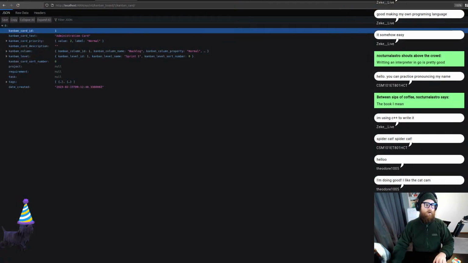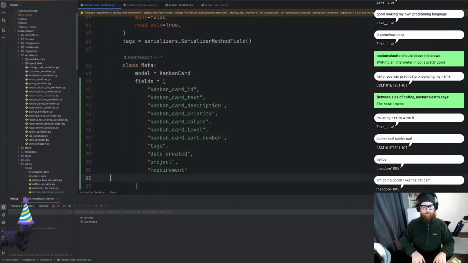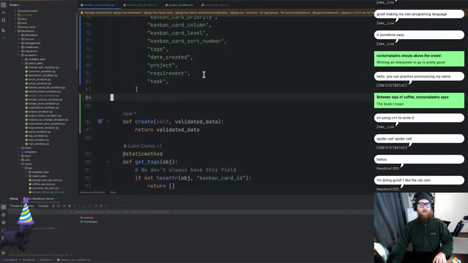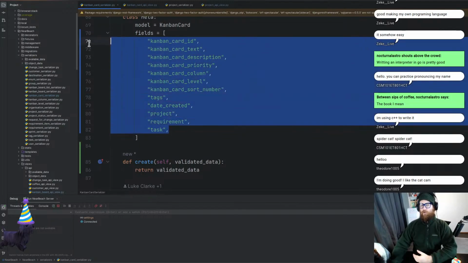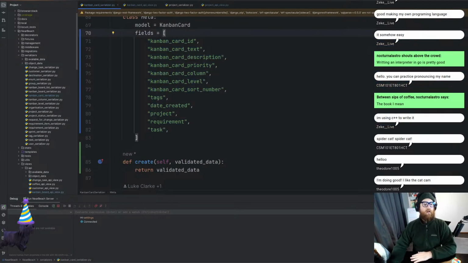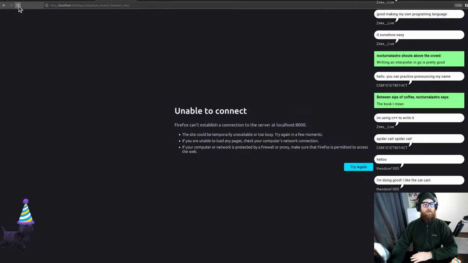Is it meant to be requirement item? No, requirement. And then what I want to do is I just want to get rid of that. Now, the reason why I'm doing the fields, even though there's a lot more code in here, is because I can order these. That's the reason why. And then when I hit refresh,